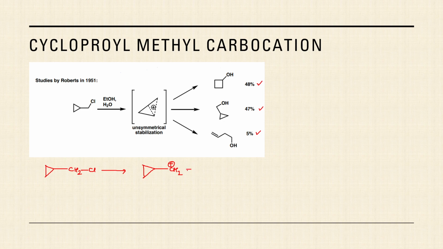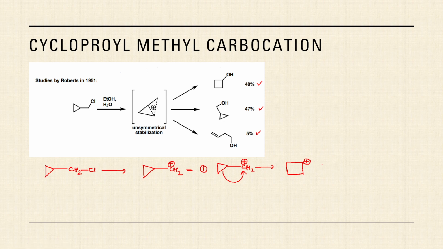So the first thing that it can do is, this carbocation can undergo ring expansion. Ring expansion अगर हुई, then we will get a cation like this,